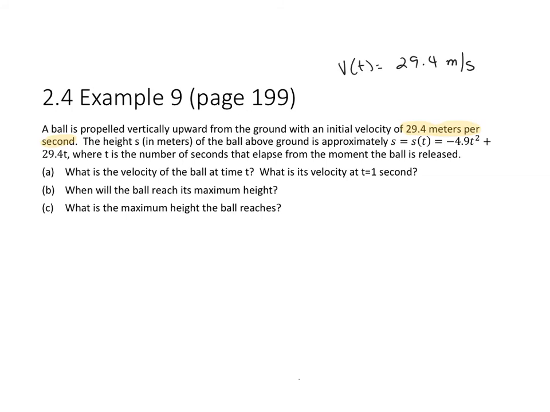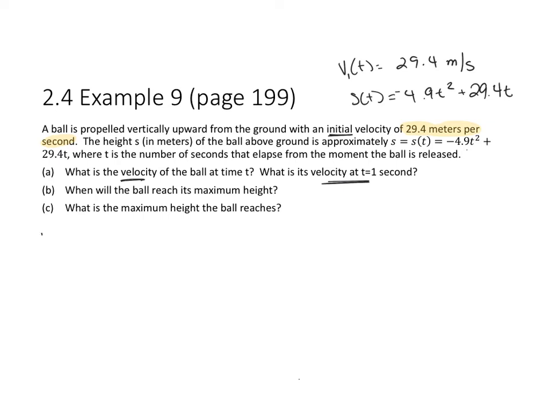The height, s, in meters of the ball above the ground is approximately s of t equals negative 4.9 t squared plus 29.4 t, where t is the number of seconds that have elapsed from the moment the ball is released. So that's my position formula. What is the velocity at time t? I should state that this is v1, the initial velocity. It's asking for any velocity at time t, and then it wants to know what the velocity is at 1